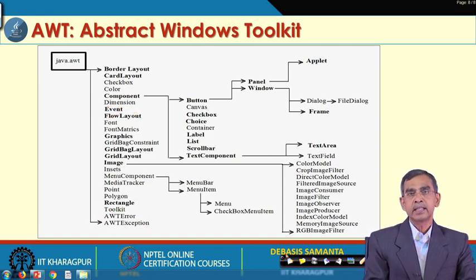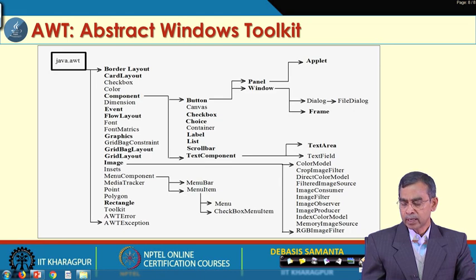As you see, there are so many things: graphics oriented, image oriented, component oriented, event oriented, and exception handling oriented facilities provided by AWT. In our discussion, we will try to learn all these concepts.